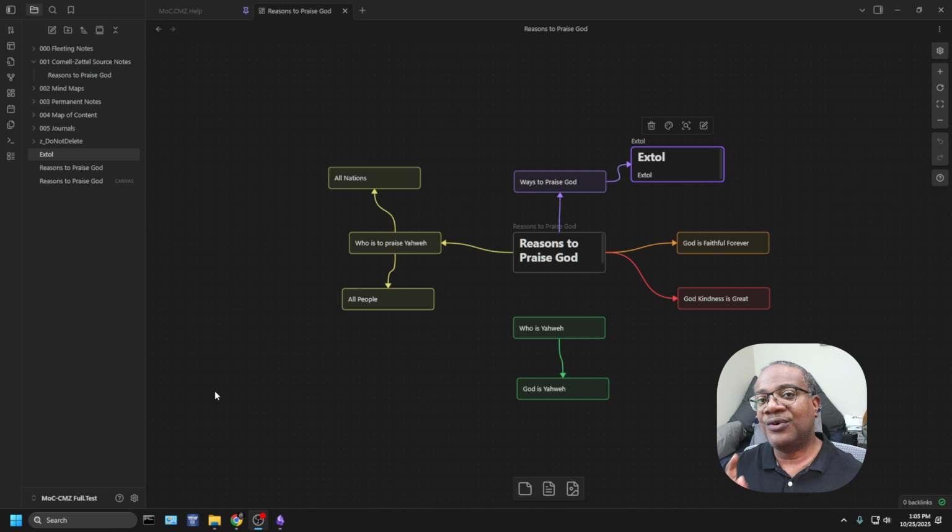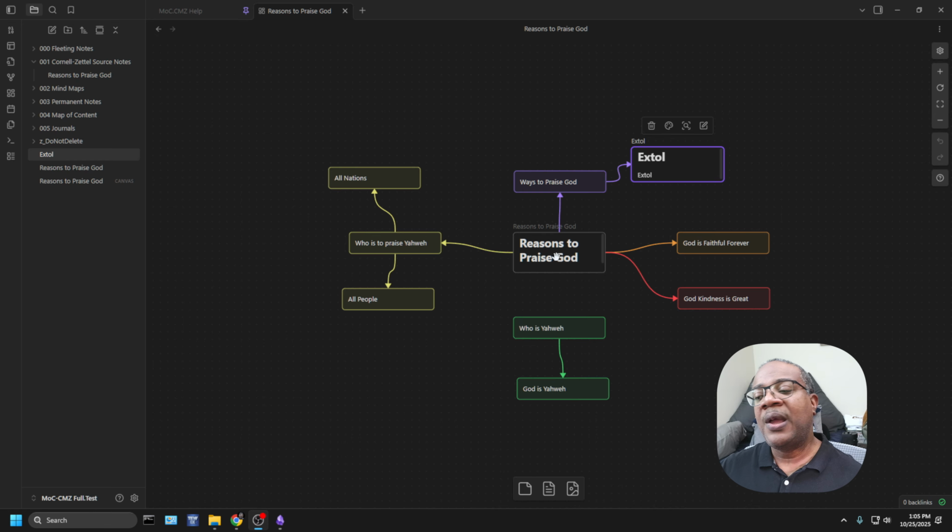As we work through this mind map, we're going to see why this one permanent note would not work, and then how we should correct it. That way we will always have a way to build upon and have that one note and that one idea. Right now you're looking at the mind map that we created,